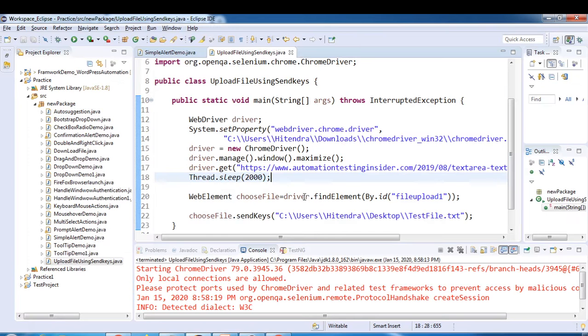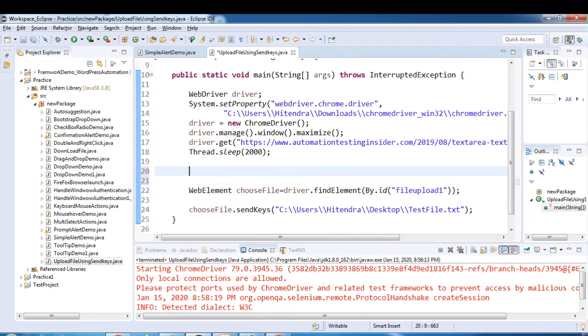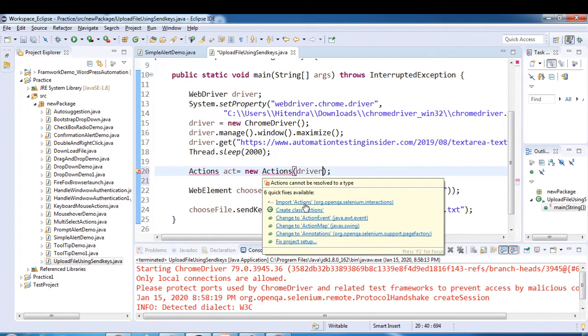this element. So let's use the Actions class. So probably that will solve the problem. We'll create the object of the Actions class. If you have missed my previous videos regarding the Actions class, then please watch the previous videos, then you can learn about the Actions class. Here we have to pass the driver. We have to just import Actions,